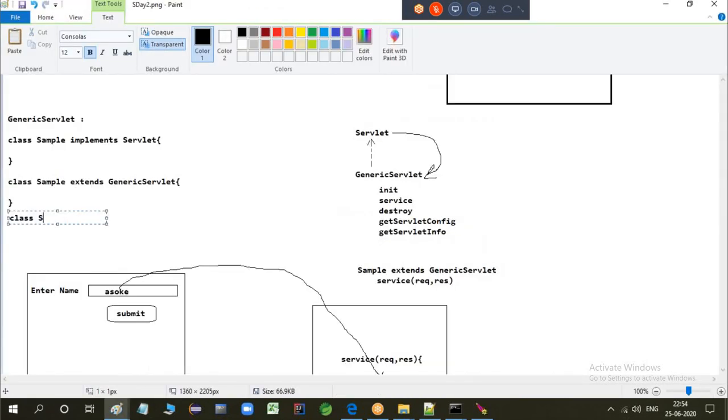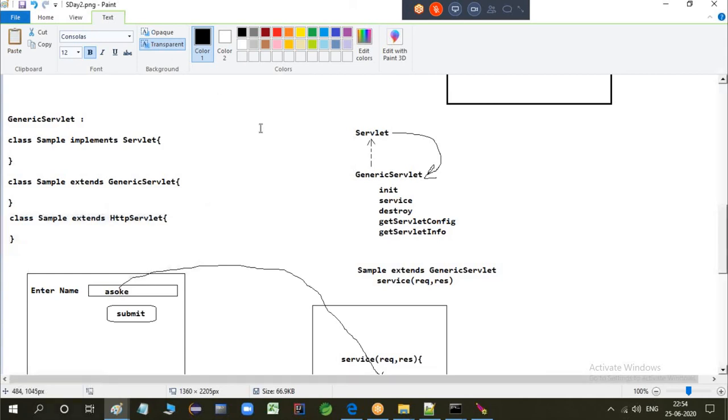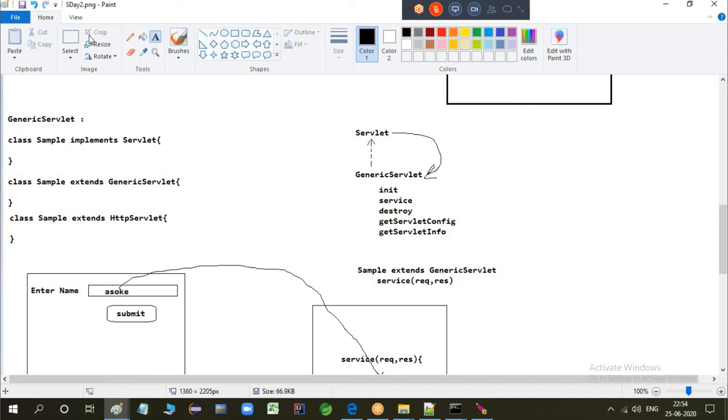There is another way: we have a class that we extend, with the name HttpServlet. And this HttpServlet has a parent class, GenericServlet. See this.